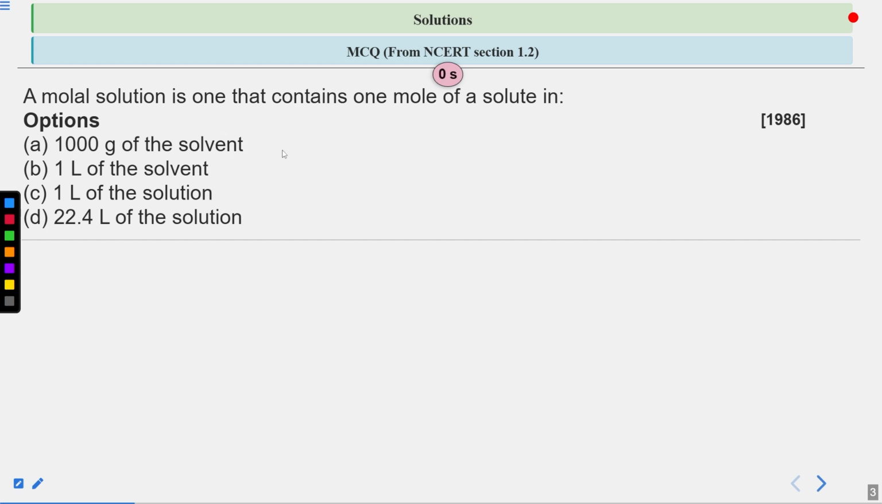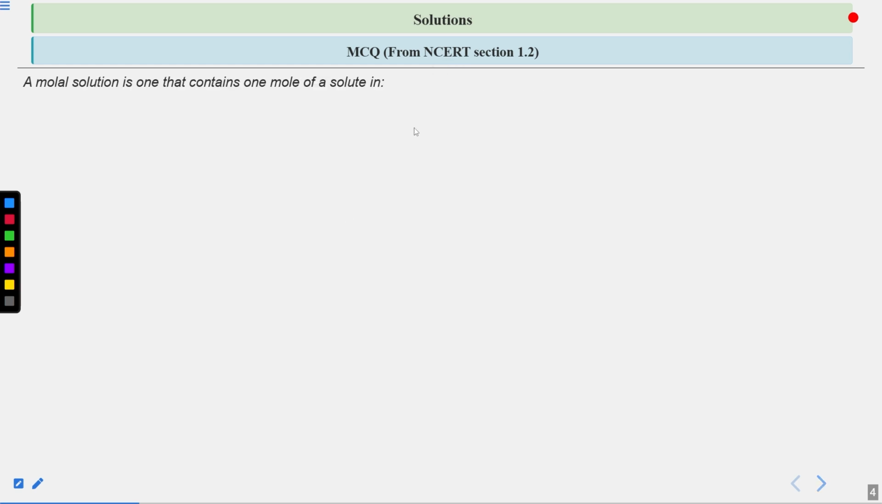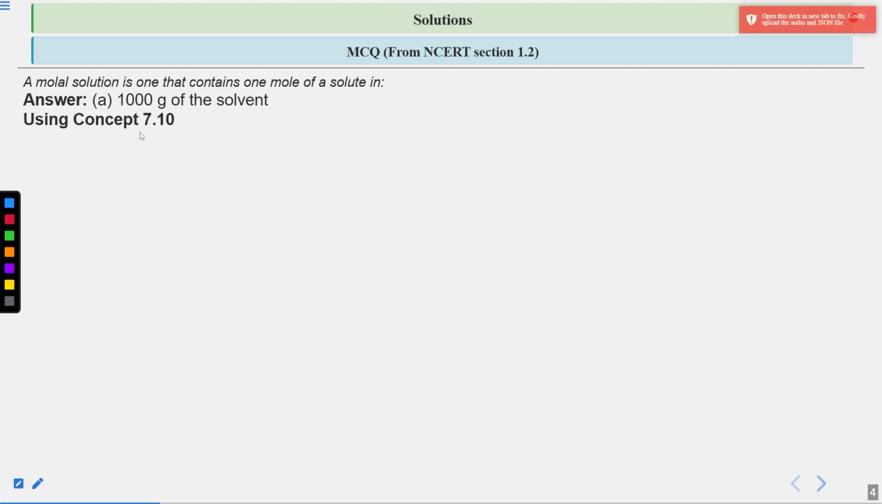Okay, so let's see the answer. For the given question, the correct answer is option A, which is 1000 gram of solvent. So in a molar solution, we talk about 1 mole of solute in 1000 gram of solvent. If you explain it using the concept 7.10,